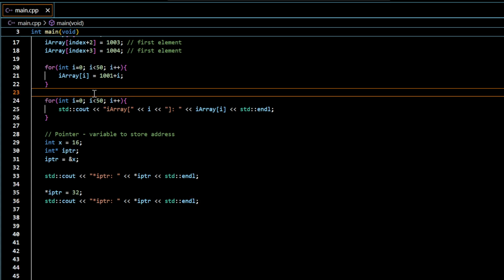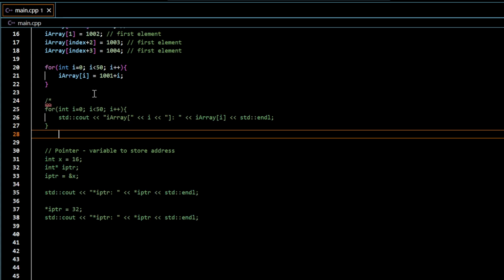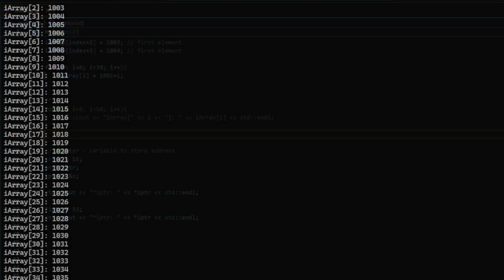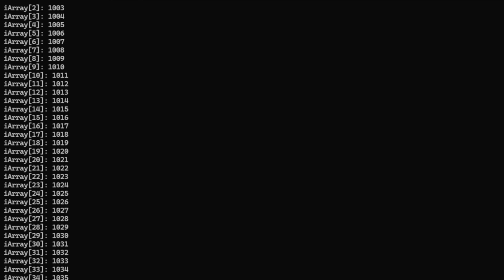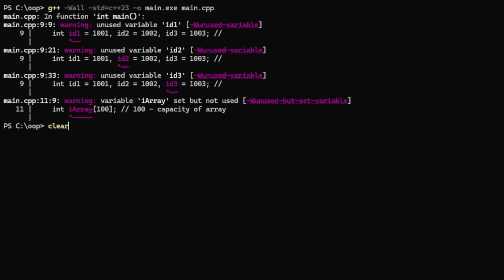So let me comment this out for a moment, because it is preventing me from seeing the output. Switching back to the terminal, clear. Now you can see previously it was 16, this is the value of x, now it is 32, but it is accessed through the pointer,